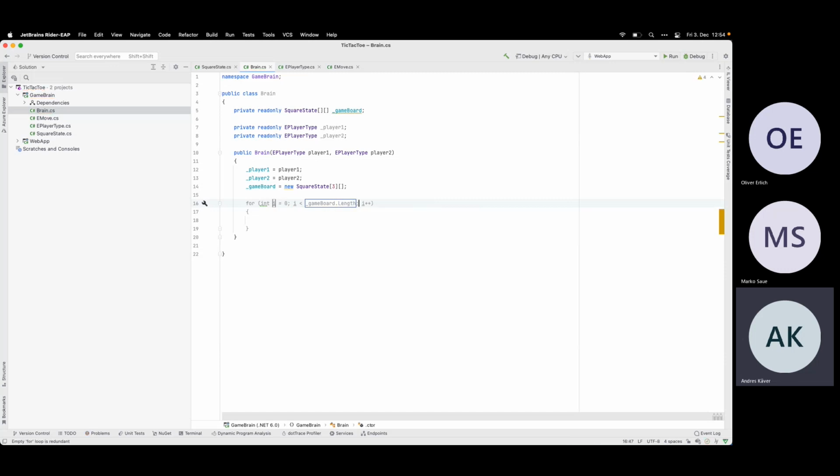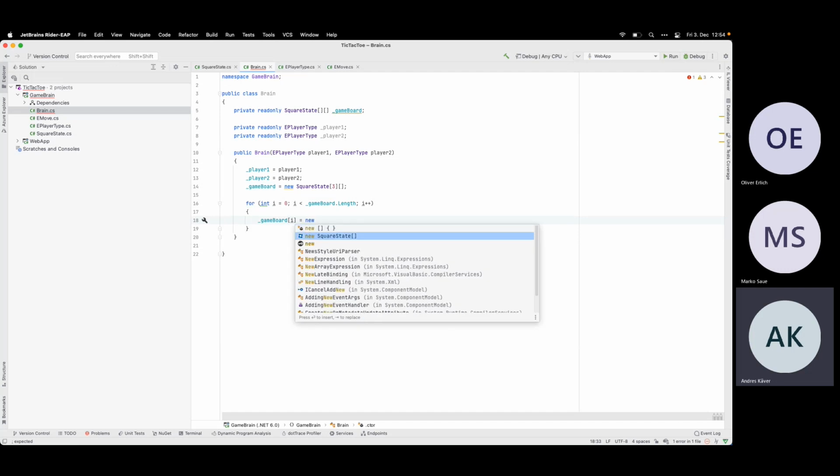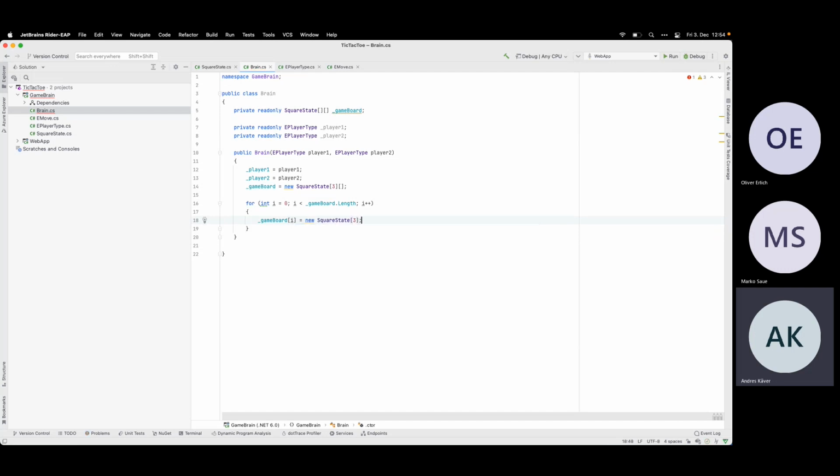I can just use game board length because I only have one dimension, so I don't need to do it over several dimensions. And I will just create new ones. So it will be a jagged array of 3 by 3.